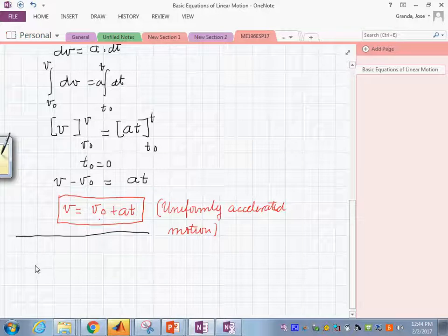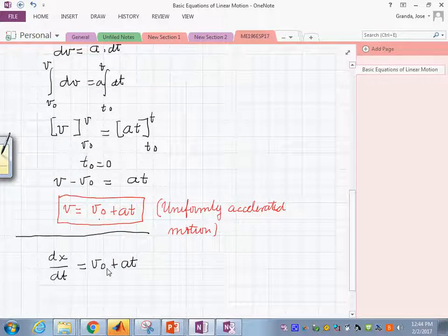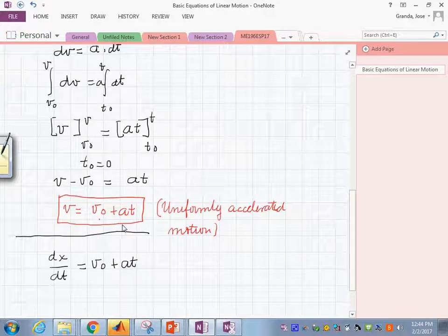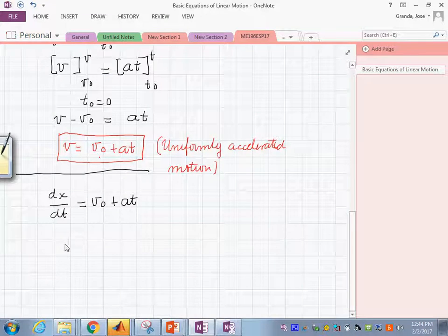So if we know this, isn't it true that dx/dt is then v sub 0 plus at, based on this equation? And if that's true, then it follows that we could also write down dx is equal to